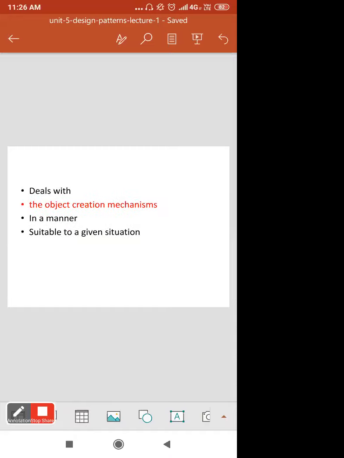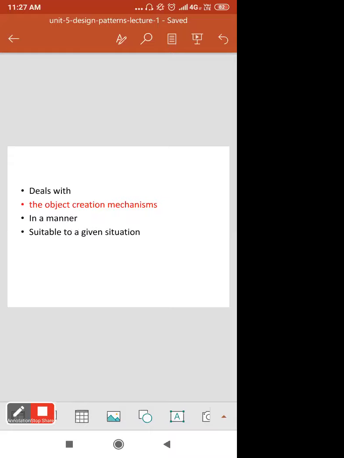Now let's get started with the first type, that is creational patterns. These deal with the object creation mechanism, as we have seen, in a manner suitable to a given situation. As per the need of the situation, you create the object.